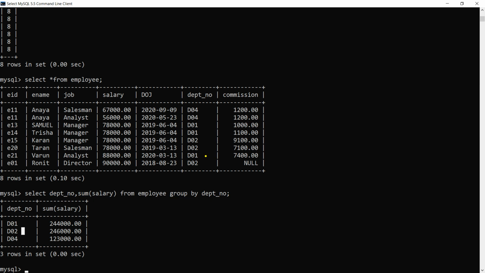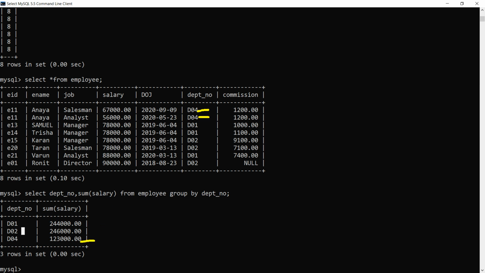Now again in D02, 1, 2, 3. Again, these 3 records are coming under D02 and their salary is being summed up. And in the third case, D04, 1 record, 2 records. So 2 records are being grouped together and the total salary is being displayed here.